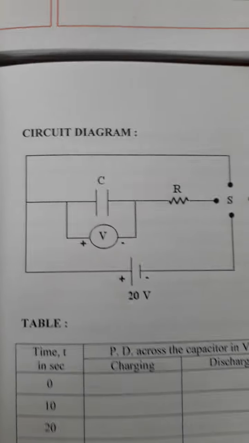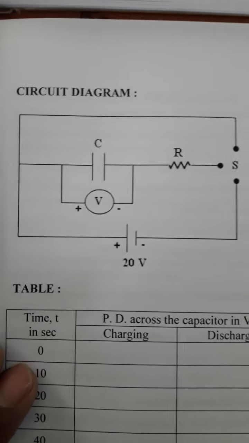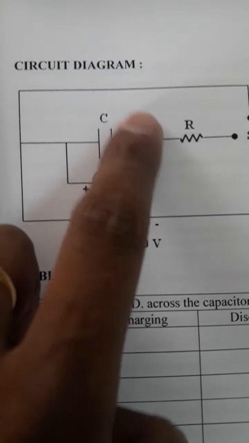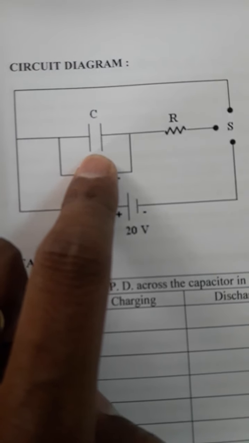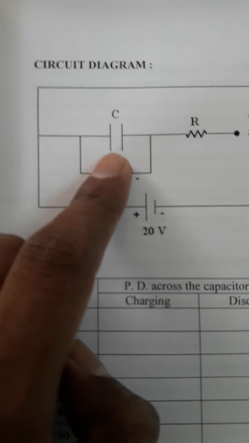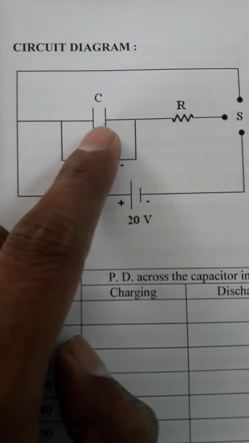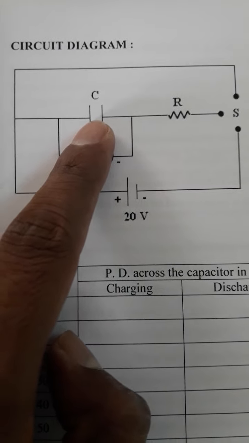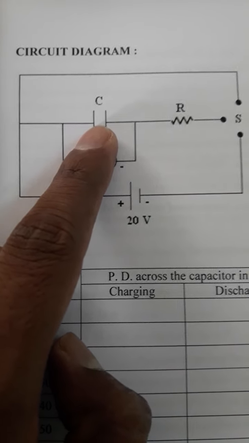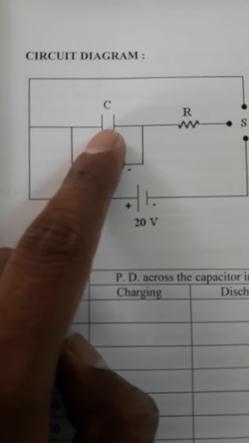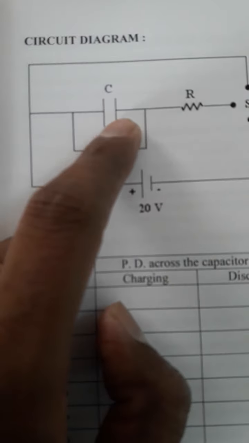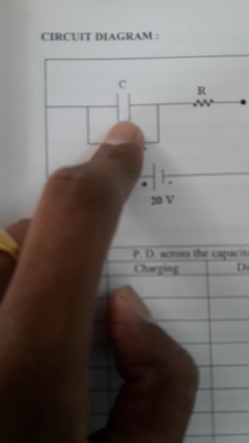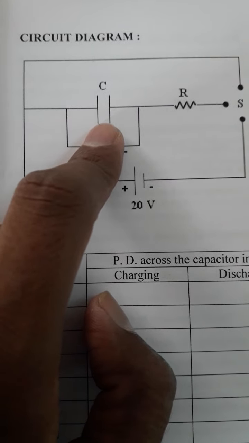This is a very simple circuit we are using to calculate the dielectric constant of a given capacitor. This is the symbol for the capacitor. This capacitor can be made of a dielectric material. The dielectric constant is the ratio of the permittivity of the material to the permittivity of free space. We are going to calculate the dielectric constant, and also the capacity of the given capacitor. Both we can measure through this experiment.